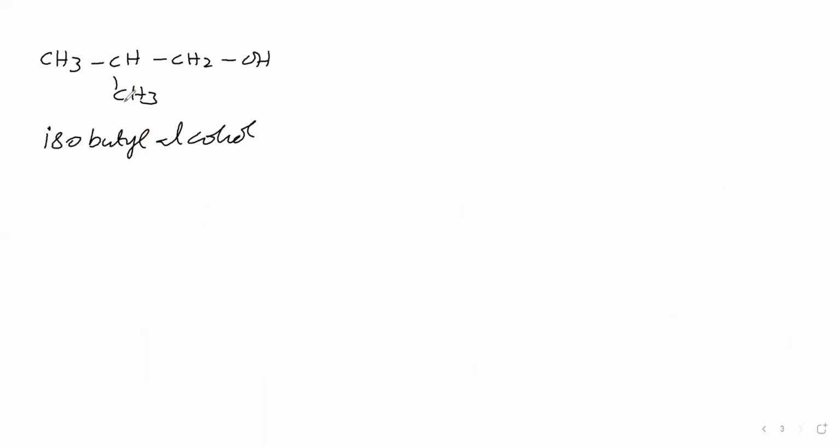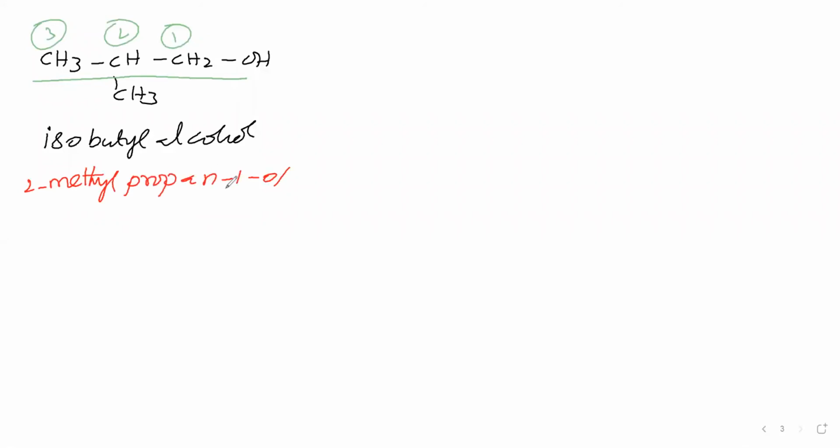Here, this is isobutyl alcohol. For its IUPAC name, we will select the parent chain here. Then we will give the numbering from the right extreme. We have to start numbering there because the OH group is the functional group and should get the least position. So the IUPAC name is 2-methylpropan-1-ol. If you mention position 1, okay. If you do not mention it, it is also not wrong.